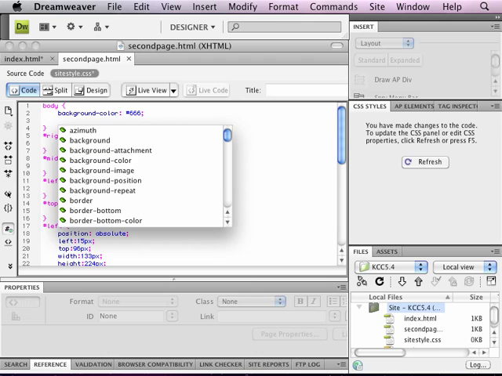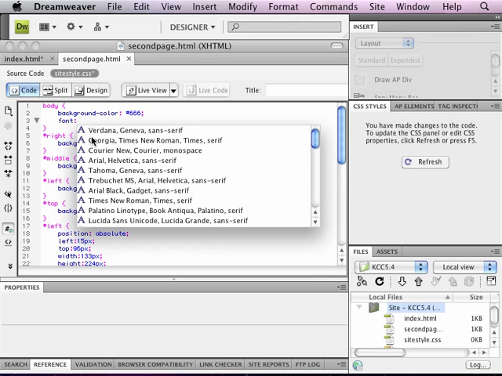I can enter a new property rule. I often will do this on a new line within the curly braces, and when I do that, Dreamweaver assumes that I'm entering a new property, and it actually gives me all of the properties here. I'm going to set the font for the page, so I can choose the font property here,